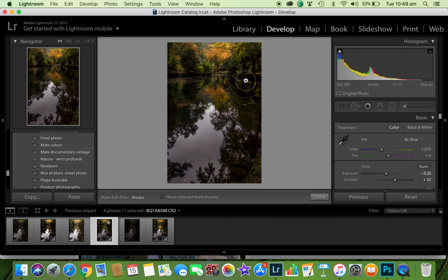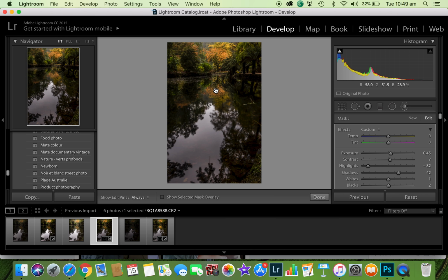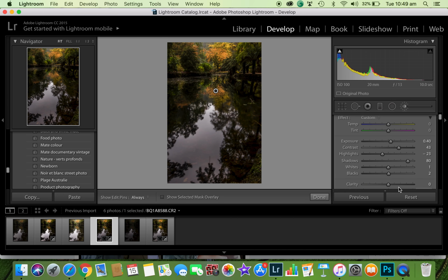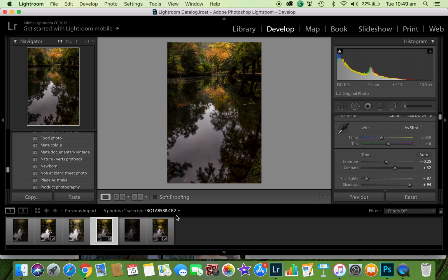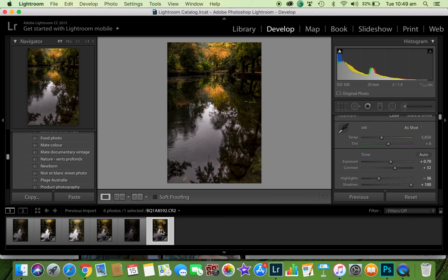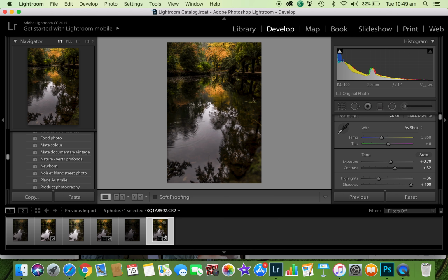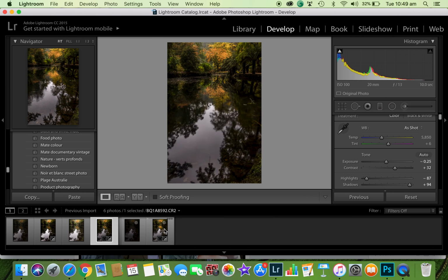We haven't done the brush on the second photo. Alright, I might organize a vote and see what you guys like. If you prefer the one with the long exposure, where the water is slightly blurry but more or less everything is in focus, or if you prefer the 1.4 one. The major difference between them is, do they have the circles or not? That's it. Alright, so I'm choosing these two,